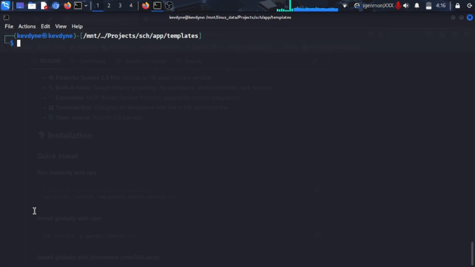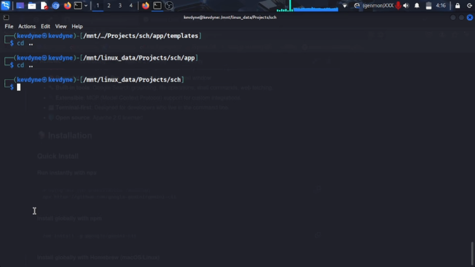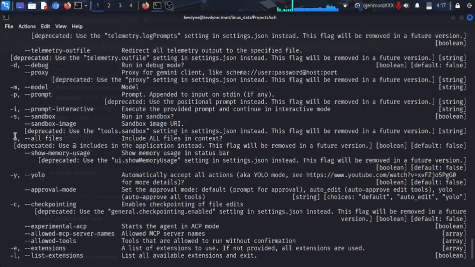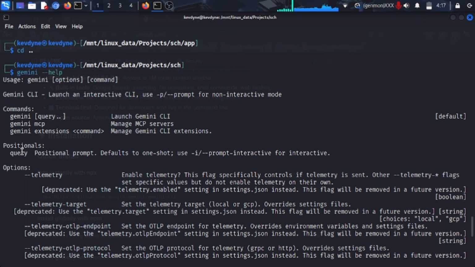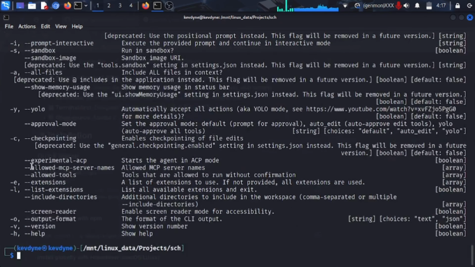So let me clear my terminal, let me go back in time. All right, go back, and yes, so that's how you can use Gemini. You can use it by using its UI, by typing in gemini, then pressing enter and typing in the commands in the UI. Or you can just type in gemini -p, and then you can see it over here. Or you can just type in gemini --help if you do not know what specific command you need to type in. So just type in gemini help, and it will prompt you with the help commands, or give you the right commands that you can use with Gemini. So here goes nothing. Here are the commands. All right, and so it's the same. If you want to get